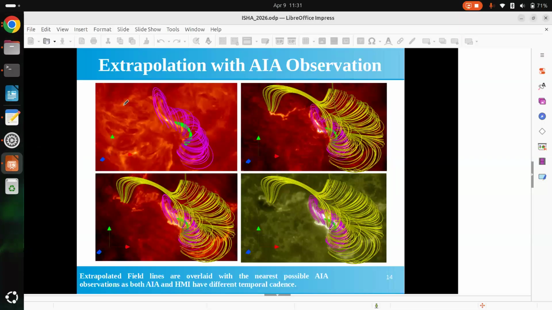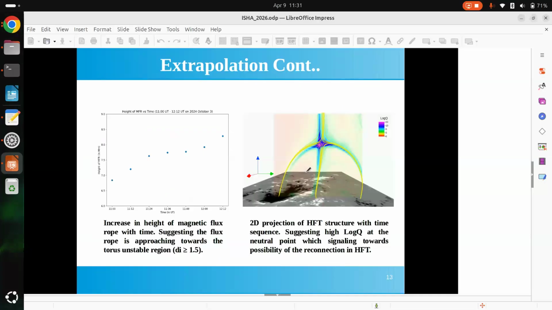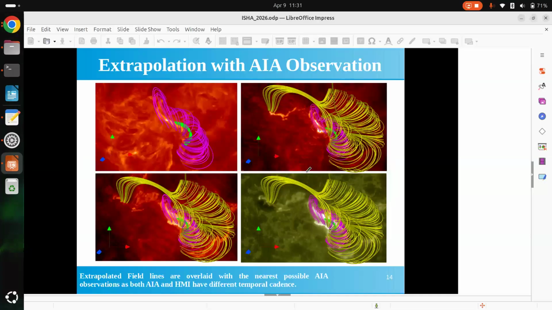So if we move to the previous slide, you will see the height of the magnetic flux loop increasing. This allows us to assume a condition that the height of the magnetic flux loop is increasing by stretching the field lines of the shear